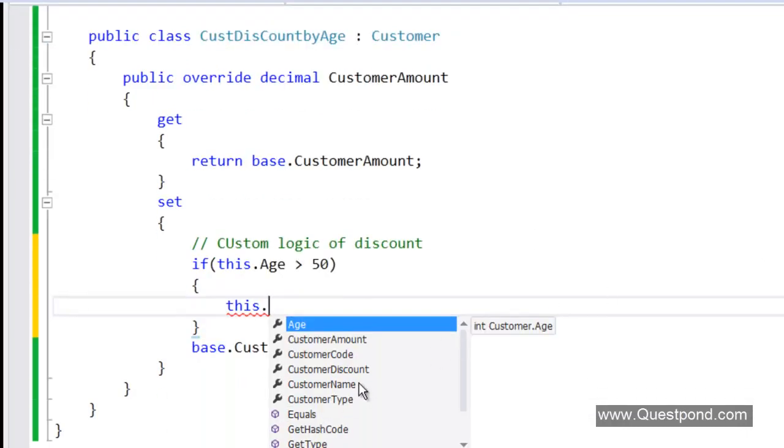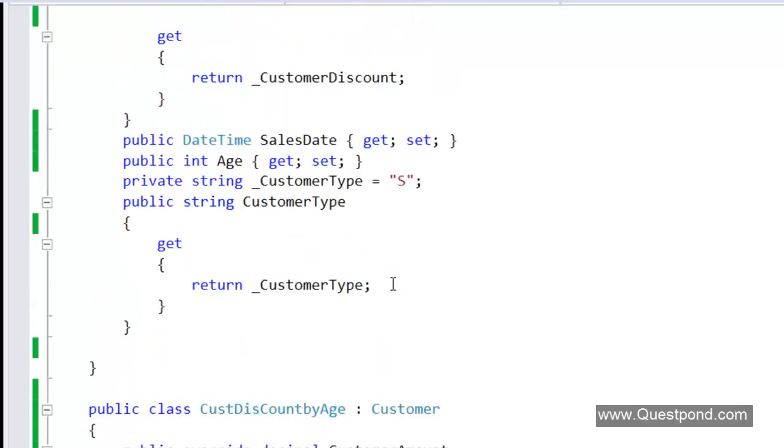Now remember that for this discount as well as the type of the customer, I have made only a get here, because when somebody creates the object of this customer class, I don't want them to decide what is the customer type or what is the discount. It should be internally calculated. That's why I have made it a get.